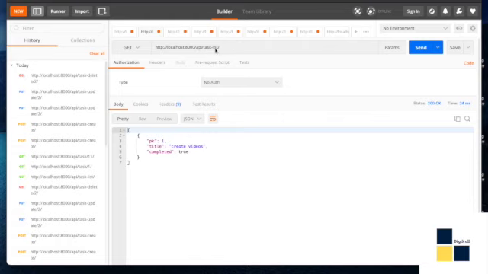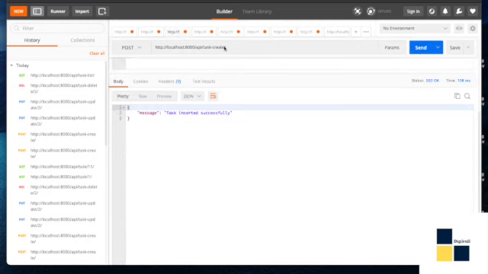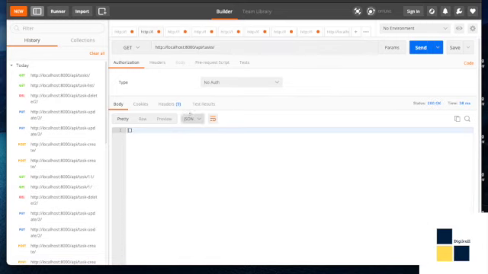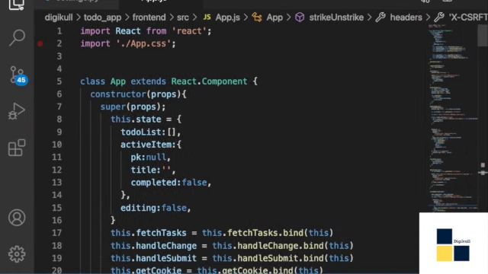The task list basically gives you a list of all the tasks. Just to make sure, it's not task list, it's tasks. We had changed the name of the API, so it's tasks. Currently it's empty. So we'll be integrating these APIs in our React project.